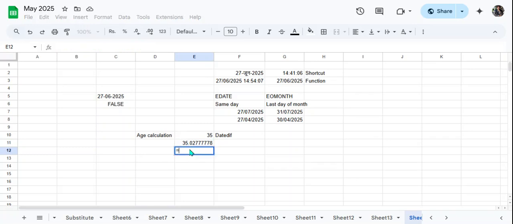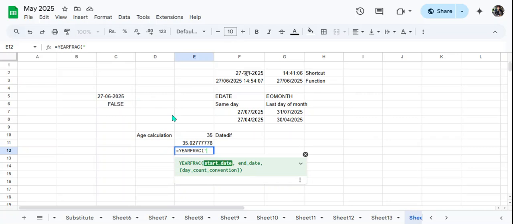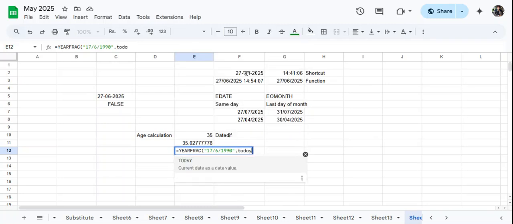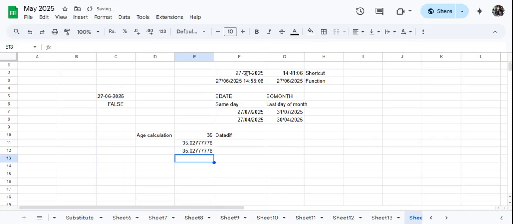I show you with YEARFRAC. Okay, I take here and again I type 17th 6 1990, double quotation, comma, here I take the TODAY function, close parenthesis, and again the parenthesis, and hit enter. So you can calculate it, but you don't want the decimals,